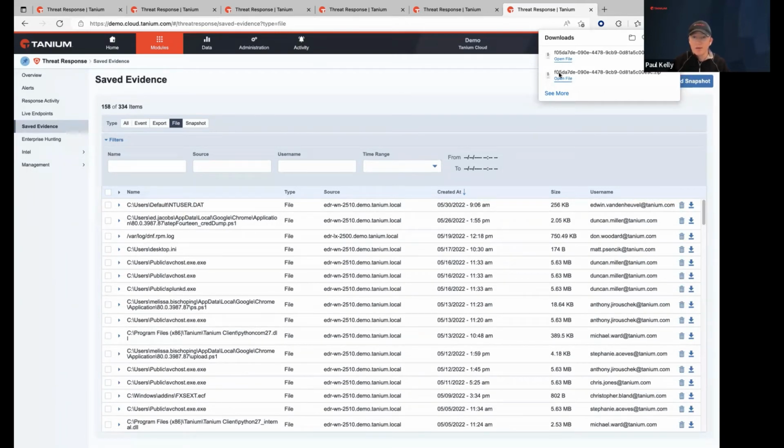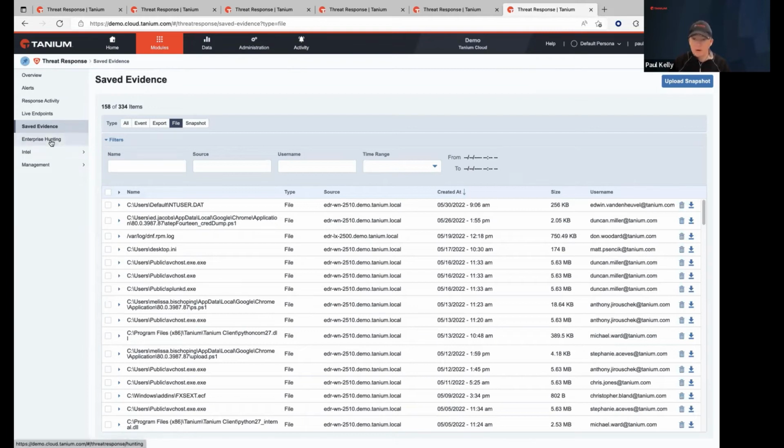Now, this is not the right host. This is not a sandbox environment. So I am not going to open this file. I would then at this point pivot and move it to a secure environment, a sandbox environment where I can certainly work with that PowerShell file and understand more specifically what it's doing. But you can also do that just directly within Tanium.